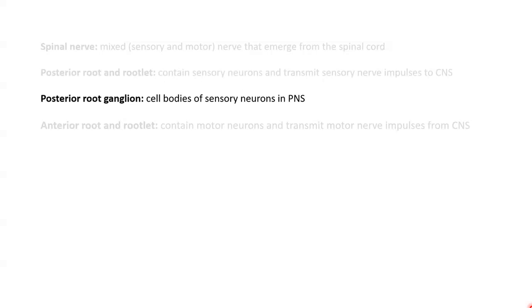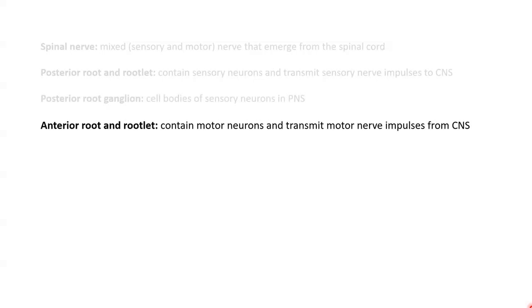Our posterior root ganglion is that swelling in the posterior root that contains the cell bodies of our sensory neurons, and also a great way to identify which part of the spinal cord is anterior and posterior. And finally, our anterior root and rootlet, which is the part that attaches the front part of that spinal nerve to the spinal cord and contains motor neurons and transmits motor